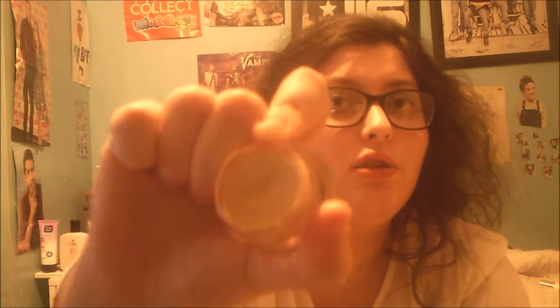I haven't really had it too long. I got it around November time, and I got a skin colour just because it's easier to blend and things like that. But this is what it looks like, and it's really good, and it helps the eyeshadow to stick